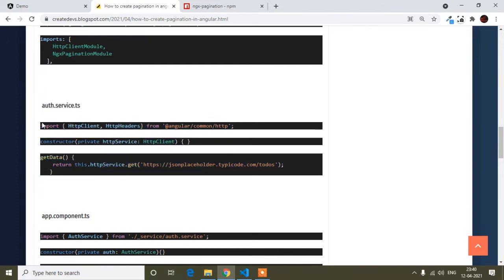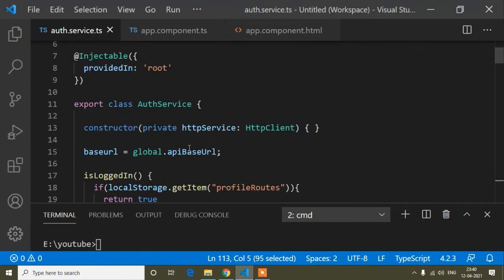So guys, you just import in this line into your auth service, and here you can see in the constructor you just have to create an instance of this HttpClient. I have done this in my constructor in the auth.service.ts file.